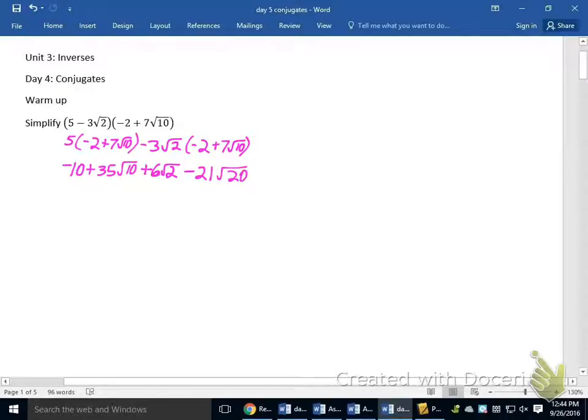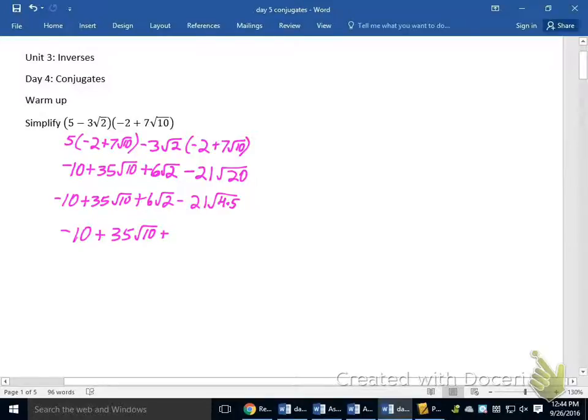You'd want to combine anything that you can and simplify anything that I can. As I look through here, nothing can combine, but on the last one, I can reduce the root of 20 by dividing out a 4 from it, so I will do that. So negative 10 plus 35 root 10 plus 6 root 2 minus, this will be 21 times the square root of 4 times 5. Alright, and I will square root that 4 and bring it on out. So my final answer, negative 10 plus 35 root 10